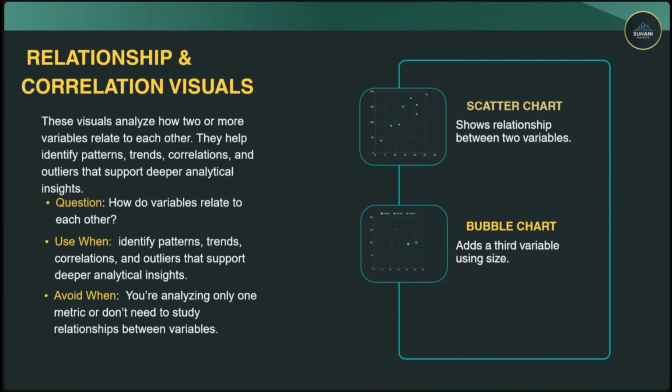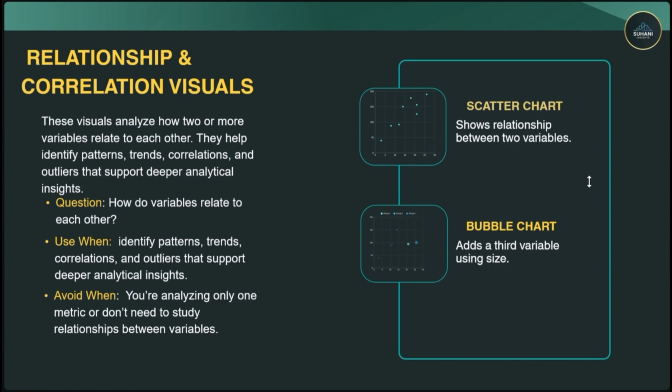Okay, if we talk about scatter chart now, Rajiv, it helps us to show the relationship between two variables. For example, a company is spending some money on some kind of services, like PR services or marketing. So how is that spend increasing or decreasing the sales? If the company is using its profit and its hard-earned money on something, then the company also wants to know, what's the impact of this marketing on the sales? Are the sales increasing? Are the sales decreasing? How much are the sales increasing? In which sector are the sales increasing? If we talk about that, then this comes to mind, the scatter chart.